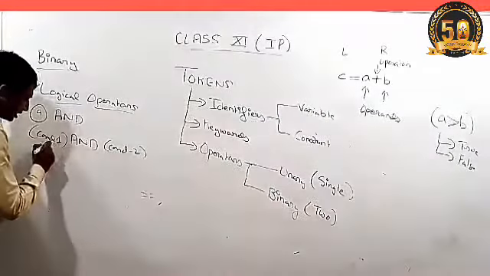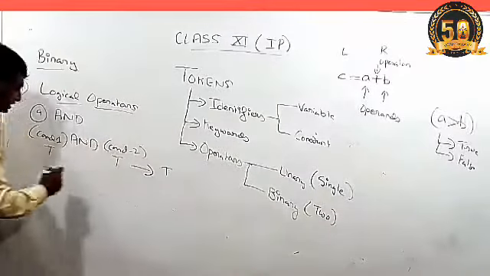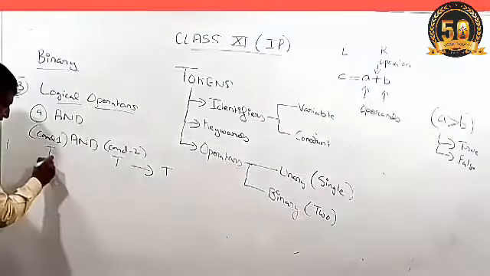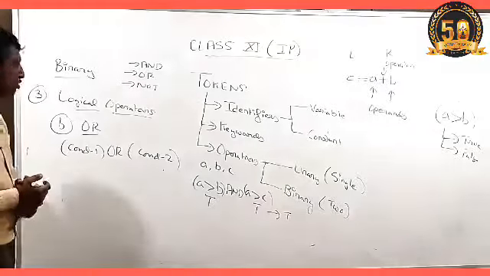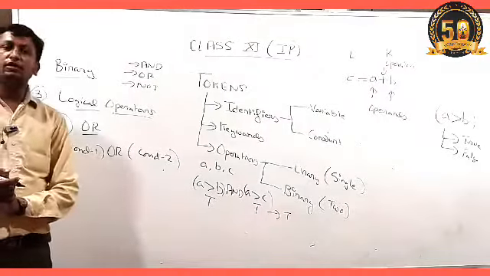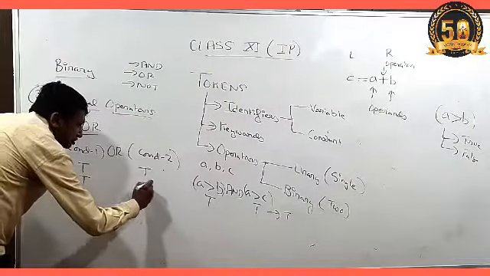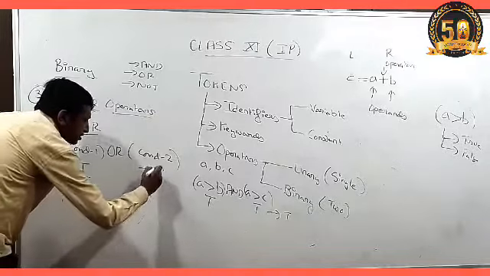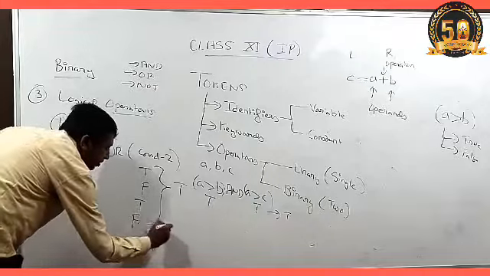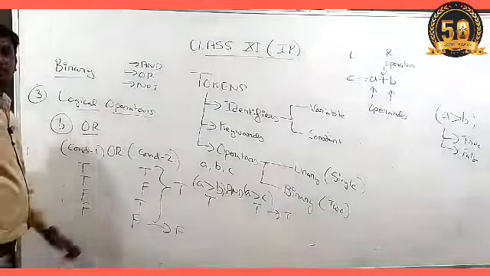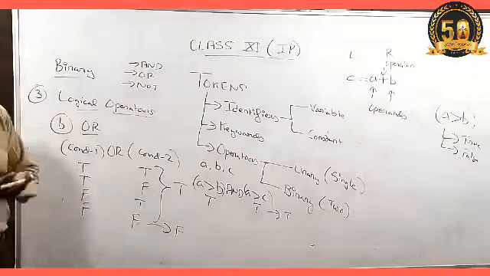Now if both the conditions are true, only then AND operator will return the true, otherwise it will return false. If first condition is true, second is false. If first is false, second is true, or both of the conditions are true, so it will return the true value. So if both are true, first condition is true, second is false, first is false, second is true, in these three cases it will return the true value. Only when both the conditions are false, it will return the false value. So it is working as a choice operator. So this is the working of OR operator.